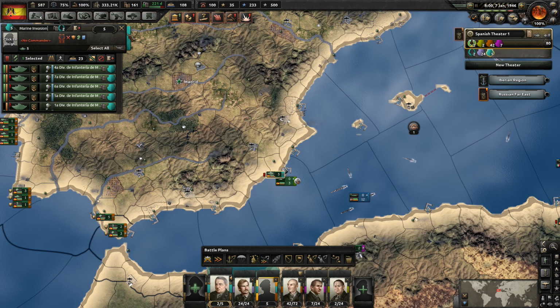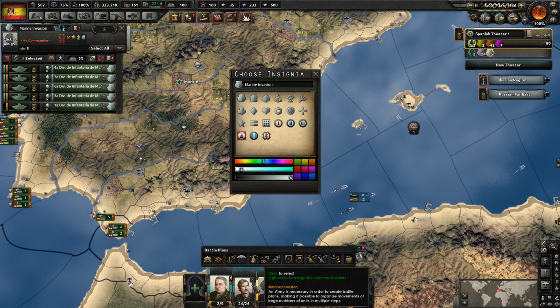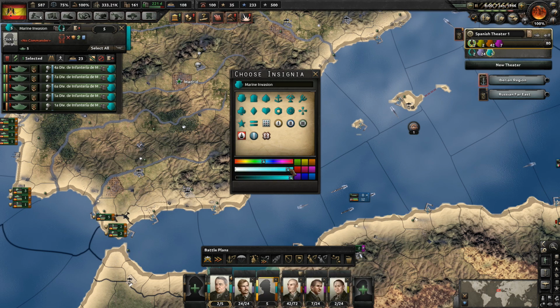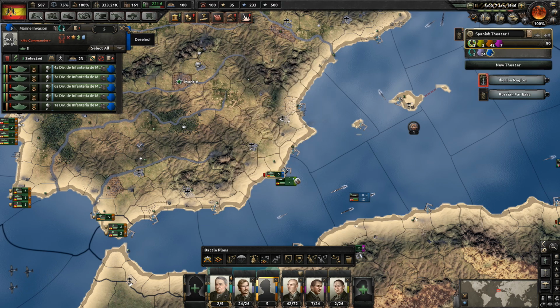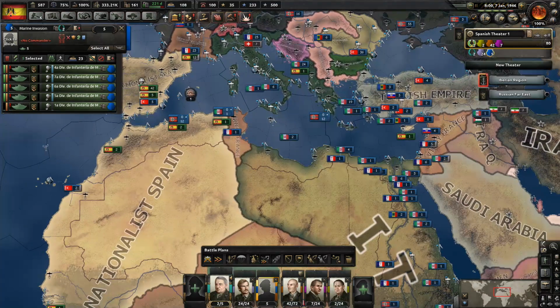There. And we don't want that turquoise again. But maybe I'll bring it down to kind of a white color. No, not that white. Don't want it too close to this color here. Okay, we can't really do that. We'll do something like this. There. Now, let's move them by train all the way to the east to